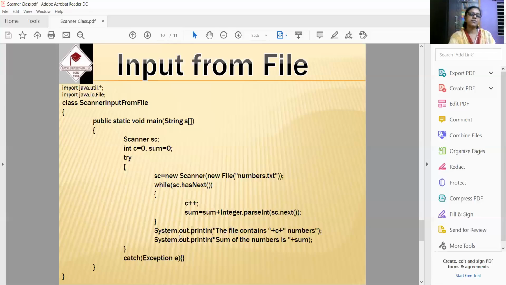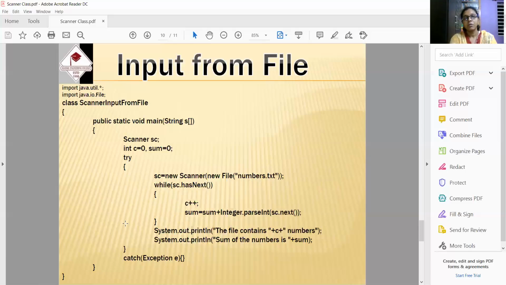Now why is it in try? Already I have told that exception prone code will be written in the try block. Now I have written the total code within try. Then which kind of exception can be thrown? In the previous lecture on the exception class, I told there were two types of exception, checked and unchecked.